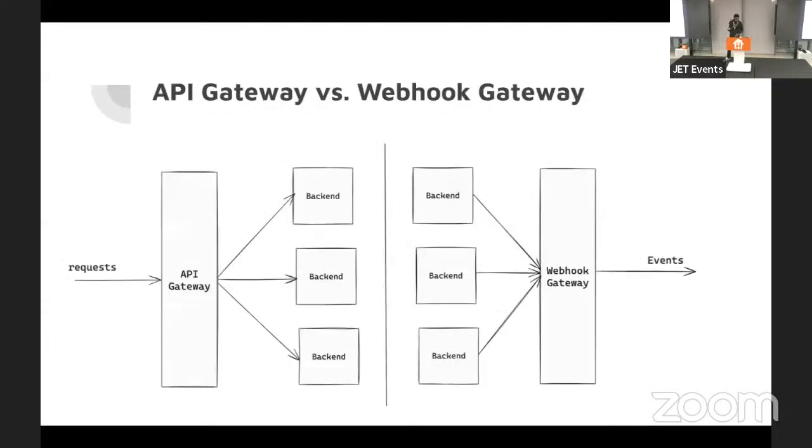And I think this diagram helps us drive home the points very well, in the sense that an API gateway sits in front of your services, right? And API gateways are something we are very familiar with. You put an API gateway in front of your backend services, and it abstracts rate limiting, circuit breaking, retries, all the things that you do not want your backend services to have to think about.